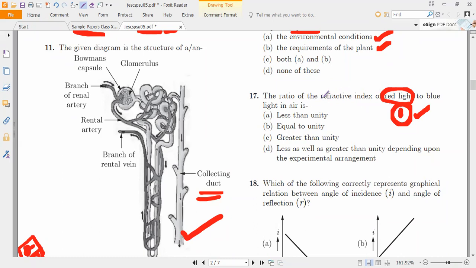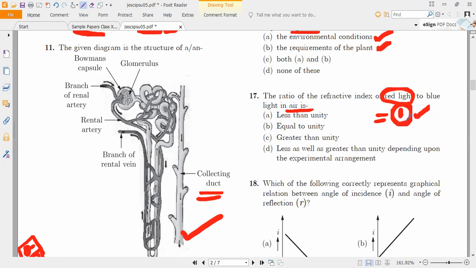So the ratio of the refractive index of red light with respect to air, what will happen? White light, you have to compare it with air. They are asking, with air, what will happen? They are the individual parts of the main white light, correct? So it will be less than 1. It will always be less than 1. It will never be equal to 1. Do you understand? All combined, yes, sir.